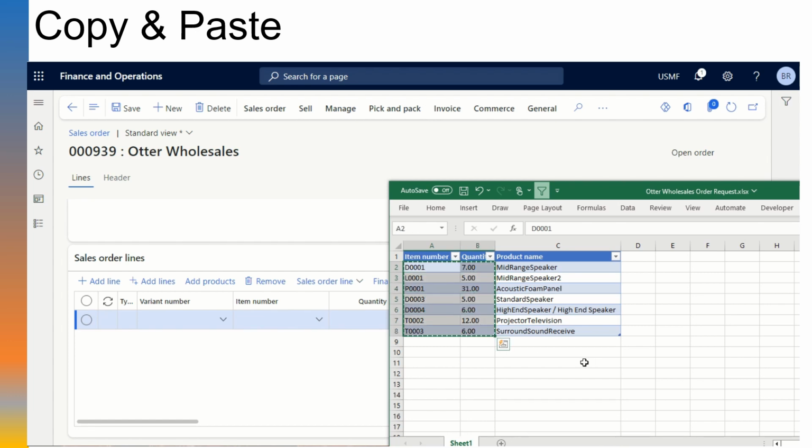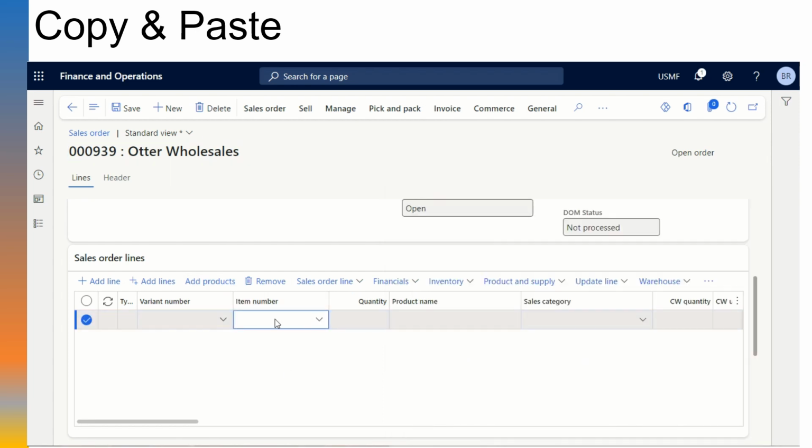So Control C on your keyboard or right click and copy. And then we're going to just click into our first item number cell. So the first cell you want to paste values in. So if you have multiple columns and multiple rows, you want it to be the top left cell that you're going to paste into, the same as you would with Excel. So we can either come in and right click and paste, or I can do Control V to paste it